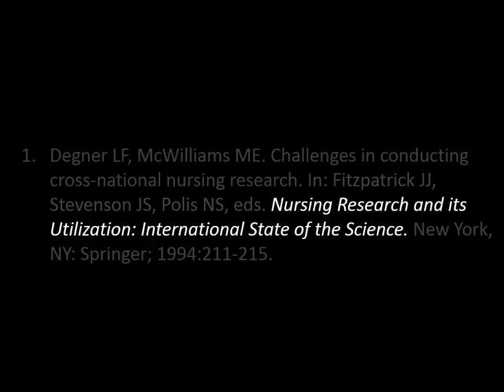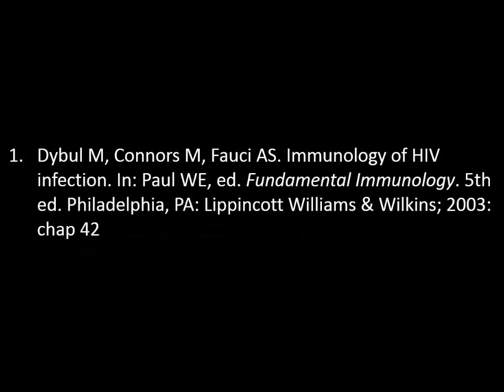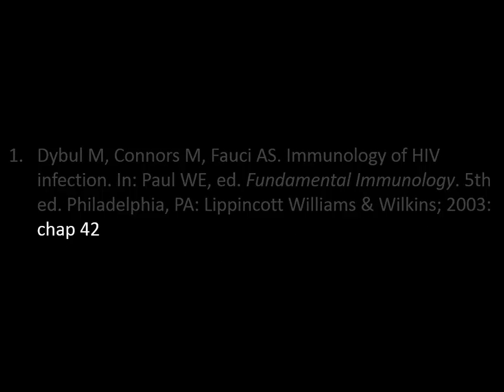The edition, if applicable, the city and state abbreviation of where it was published, followed by a colon, the publisher, then a semicolon followed by the year of publication, and the pages or the page range. But what about if the page numbers are not provided? According to the AMA Citation Guide, if the author does not provide inclusive page numbers, you may use the chapter